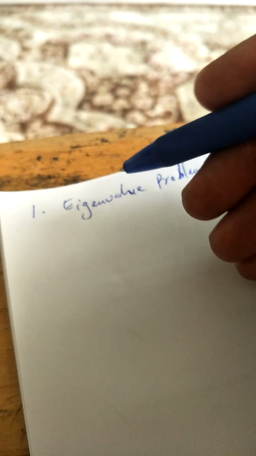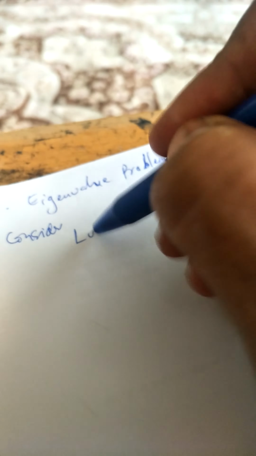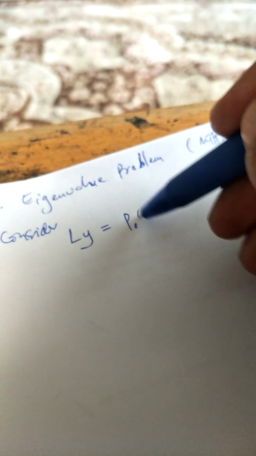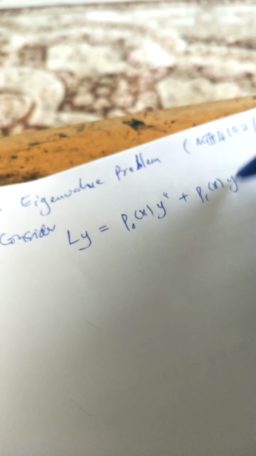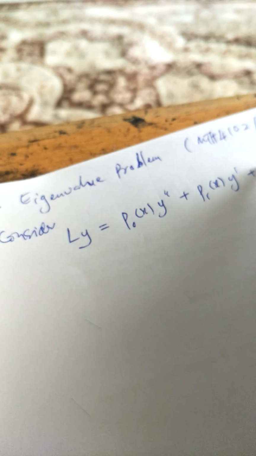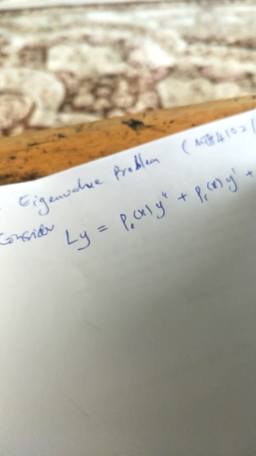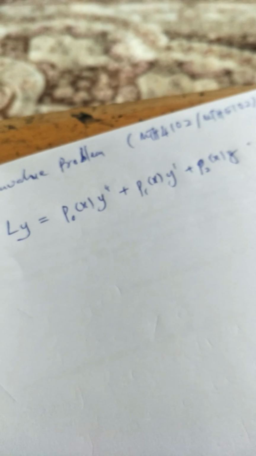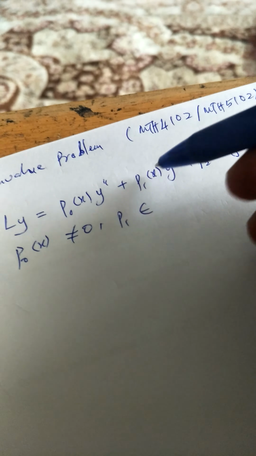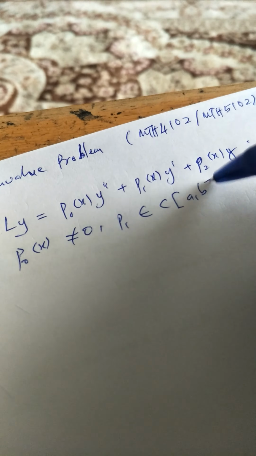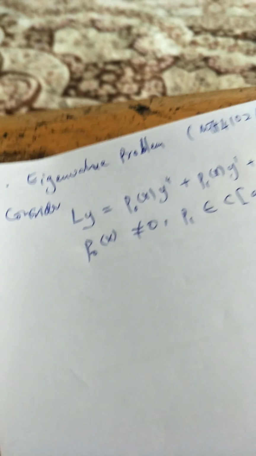Right, so first we consider the operator Ly, which is given as P0(x) y double prime plus P1(x) y prime plus P2(x) y, where P0(x) is different than 0 and the coefficients are continuous in the interval [a, b], and the boundary condition